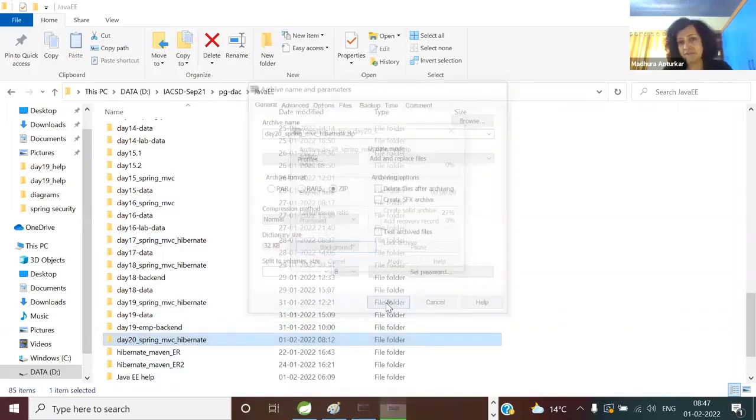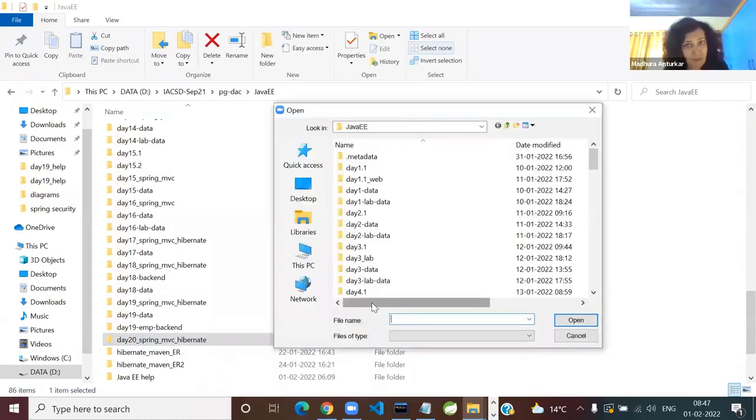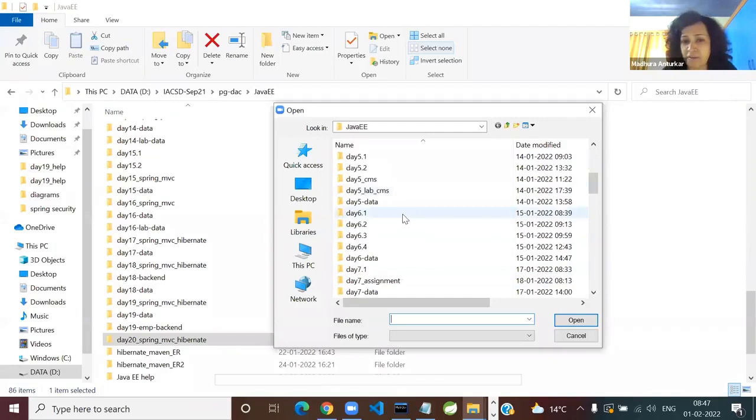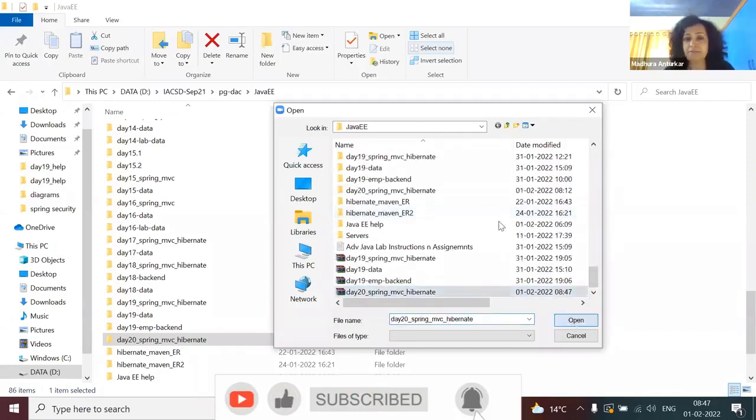All I added was nothing but one dummy endpoint, not endpoint, sorry, the one method which is not really inserting but just saying inserted and all that. Okay, so day 20 Spring